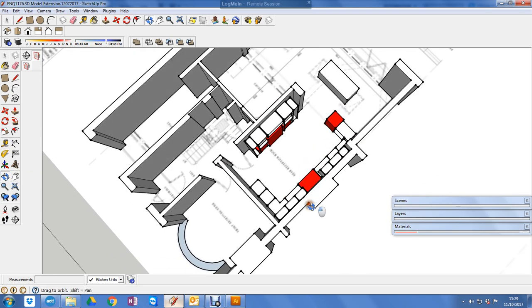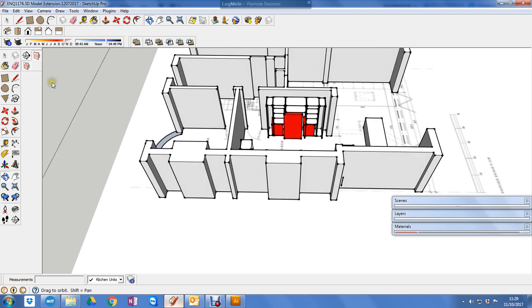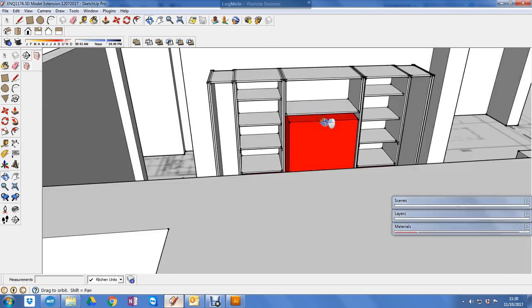So as you can see, if you zoom in, we've now got at the moment, let's also re-centralise that. The washing machine and tumble dryer in here. The purpose for doing this is it makes them jump out. We can see clearly where the appliances are. There's no obviously confusion about that. We've got, we start to rack out the shelving, so you can start to see what it would look like shelving wise,